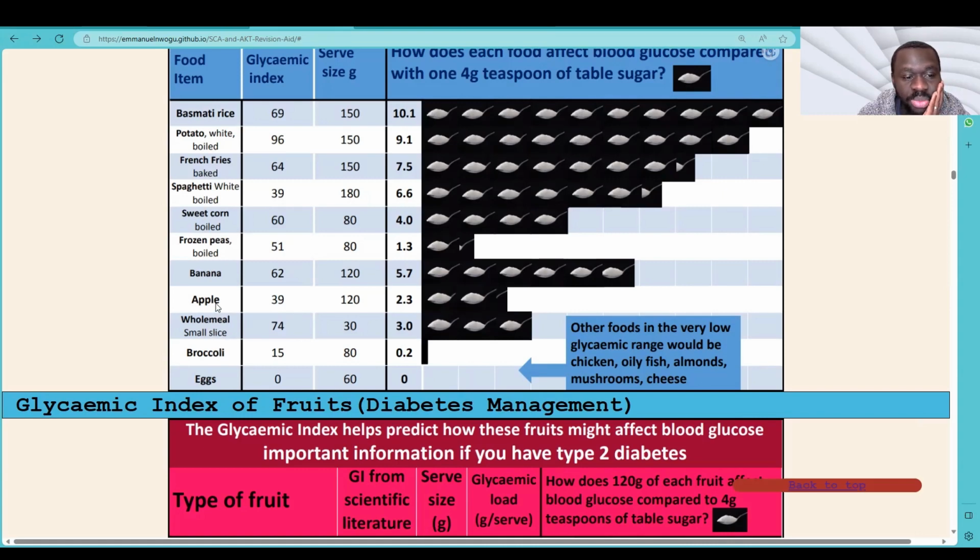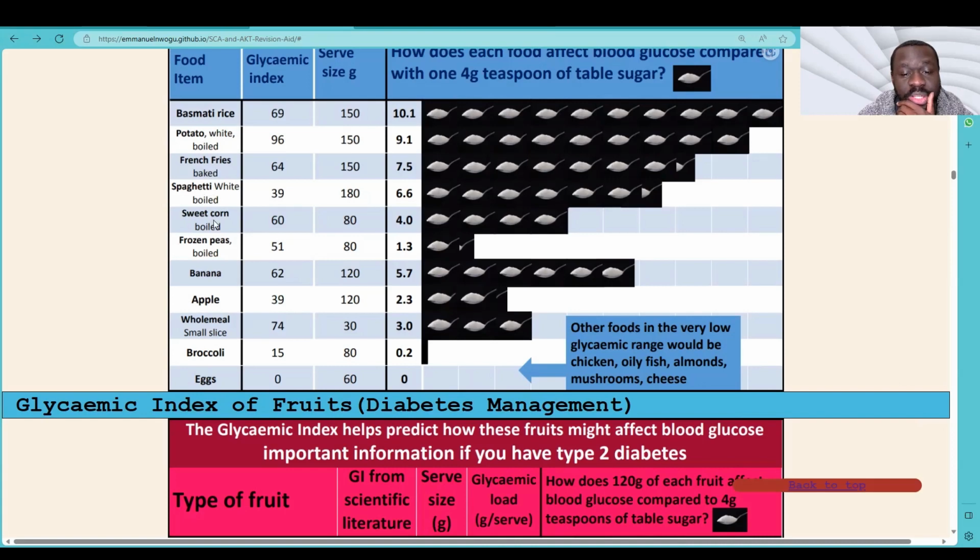Apple has a low glycemic index, which is why a lot of people are turning to apples more. Banana has a high glycemic index, so if you're in a situation where you need rapid sugar in the blood with little volume of food, banana is actually good. Rice, such as basmati, has a very high glycemic index. Potato, French fries, spaghetti,